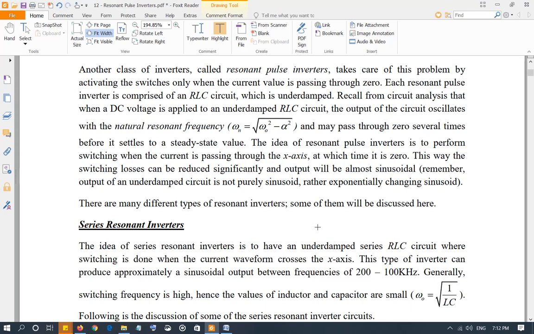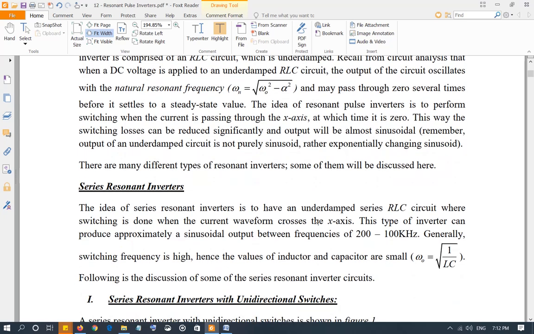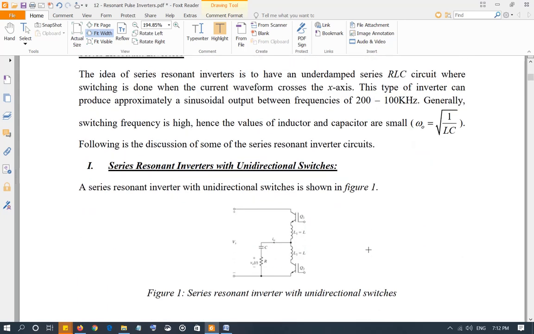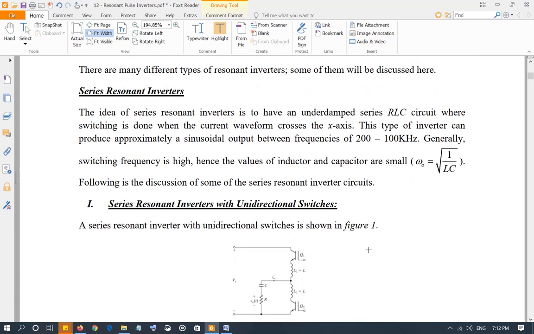In this case, we don't want it to oscillate many times. We just want to capture each oscillation, that is the oscillation in the first cycle, and that will be repeated in the second cycle, and so on and so forth when we keep turning the switches on and off. So let's discuss, in your book there are about 8 different circuits that they're discussing under series resonant circuits,